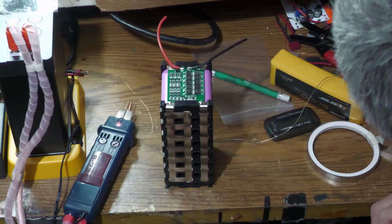So once you're done with the spot welding, then you connect those 4 points. The 4 points that I talked about, you might be able to spot weld them. I chose to solder them just because I'm not sure how that board is going to handle spot welding. And I always like to Dremel just a little bit to scuff up the surface, and then I add solder, and then I just push the tabs over and hold them in place with anything. I use the razor blade, hold them in place and get enough solder on there. You have a good connection,